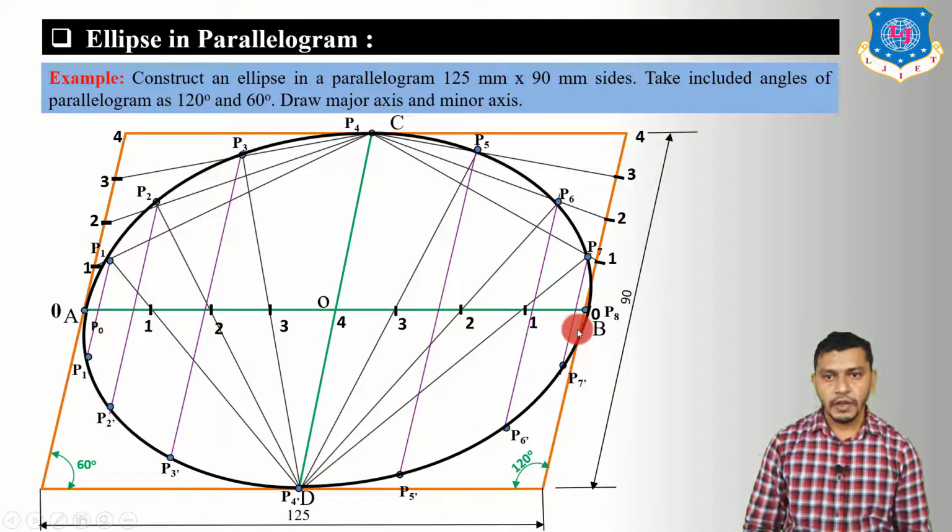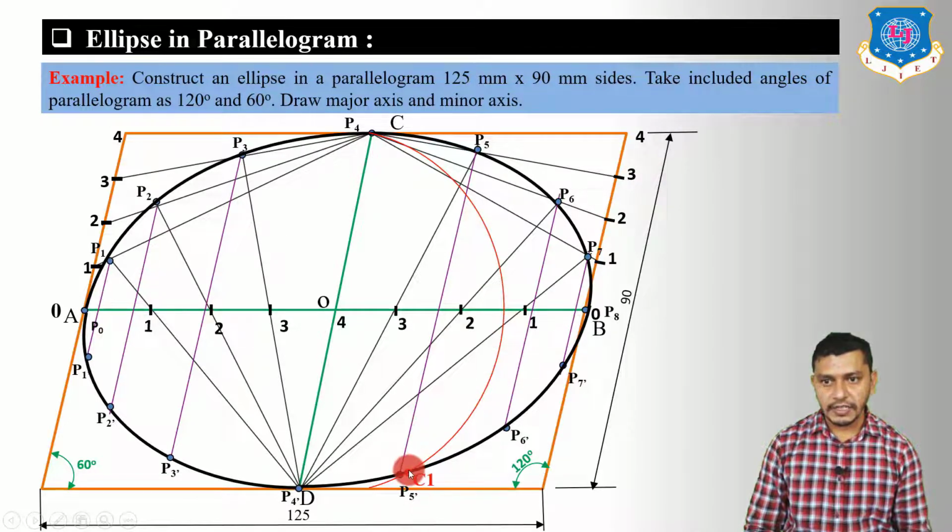Now as we have discussed that AB and CD are not the major axis and minor axis of the ellipse, so we have to find out the major axis and minor axis for this particular ellipse. If you want to find out the major axis and minor axis, in the first step, take the rounder, take center at O and radius equal to O to C, and give an arc like this. I am repeating again: take the rounder, take center at O, radius equal to O to C, and give an arc like this. This arc is going to intersect the ellipse at this point over here.